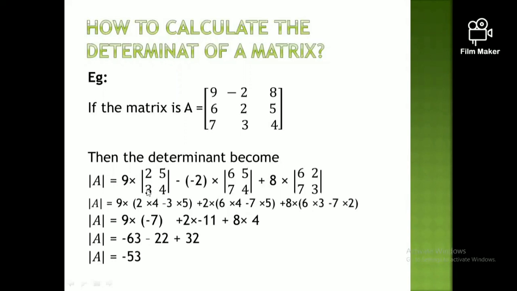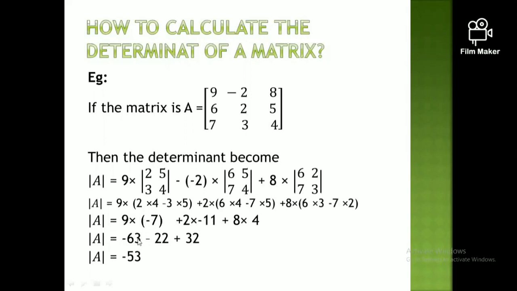2 into 4 minus 3 into 5. 2 into 4 is 8. 8 minus 3 into 5 is 15. So it will turn up to 8 minus 15, which is minus 7, right? Minus 2 turns to plus 2. 6 into 4 minus 7 into 5. 24 minus 35. It's minus 11, right? 8 into 6 into 3 minus 7 into 2. 6 into 3 is 18, minus 7 into 2 is 14. It's 4. Then if you simplify,